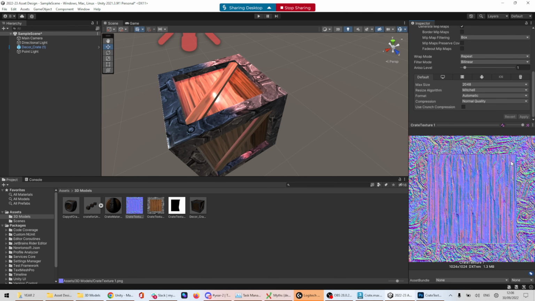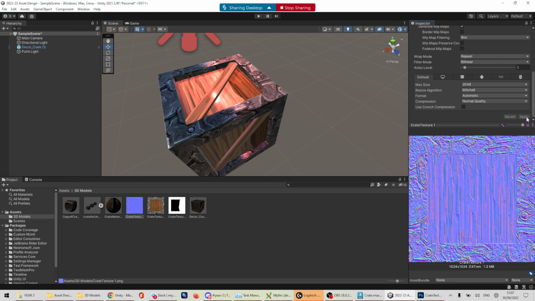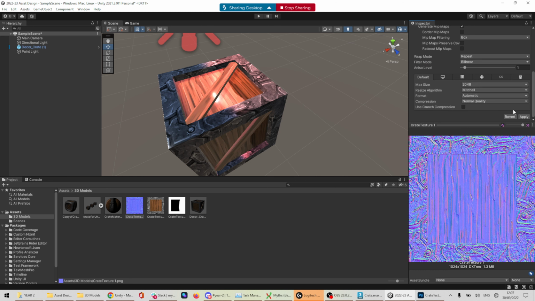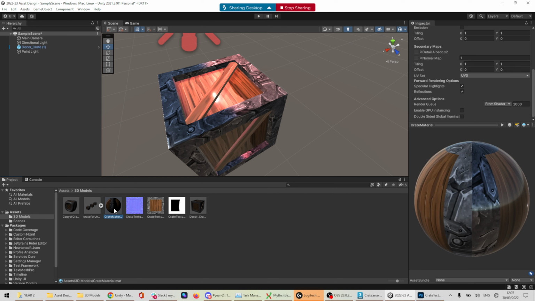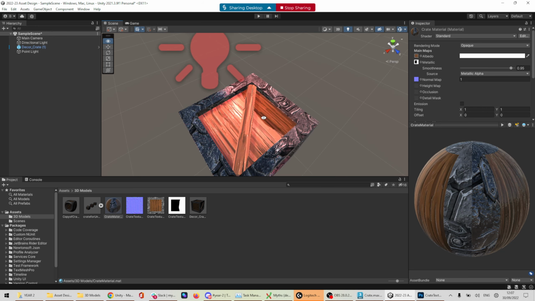So this is what it looked like. It's very noisy, too much stuff. I'm like, oh, that's too sharp. So I'm going to make it smooth. And it's too bumpy, so I'm going to drop it down a bit and then hit apply. And now it looks much nicer. Okay, and I can tweak that as much as I want. I don't have to be stuck with it. I can keep tweaking that. So let's go back to the material, and where the normal map is here, drag that into normal map. You see the way it's updated, and now it actually has detail,